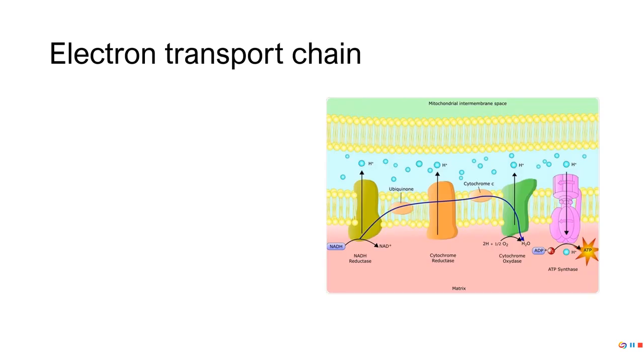So at the end of glycolysis and Krebs, we go on to the electron transport chain. Now, the electron transport chain occurs as molecules cross the inner mitochondrial membrane. Okay, the membrane of the mitochondria has an inner and an outer membrane. And so if we look here,